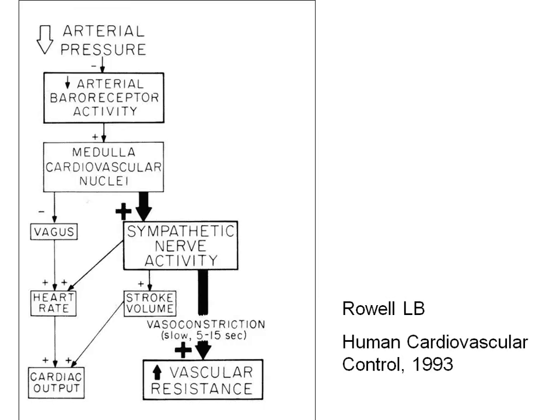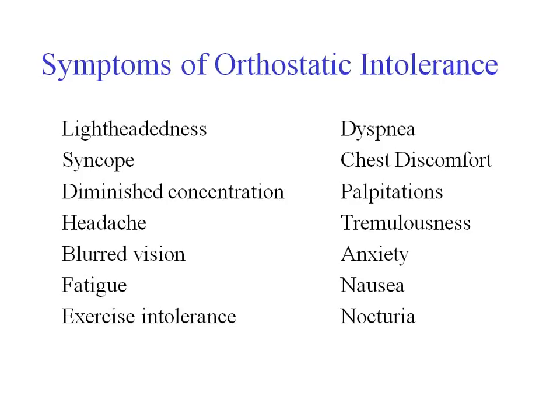Those are critical adaptations for normal life. If those things don't occur, then people get the symptoms of orthostatic intolerance that are shown on this slide. The ones on the left, lightheadedness, syncope, poor concentration, headache, blurred vision, are probably related to inadequate blood flow to the brain. In talking to the adolescents with these problems, I liken this to the fact that a car engine will not work if it's not getting enough gas. And so we need to have good blood flow to the brain to avoid these symptoms.